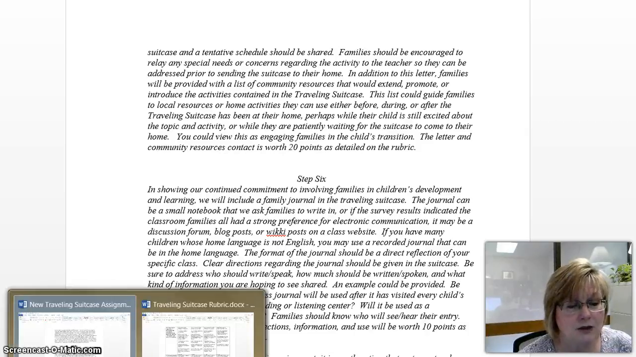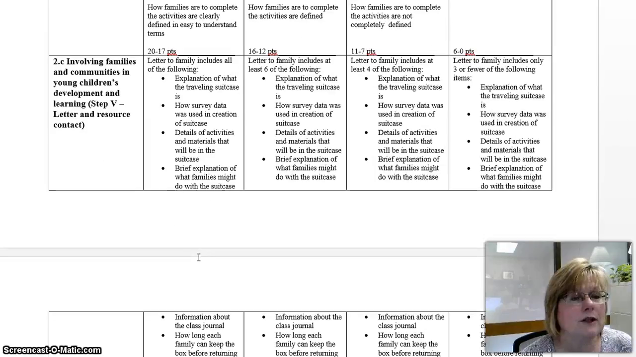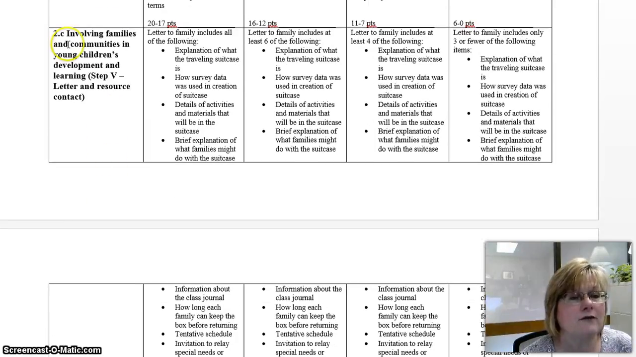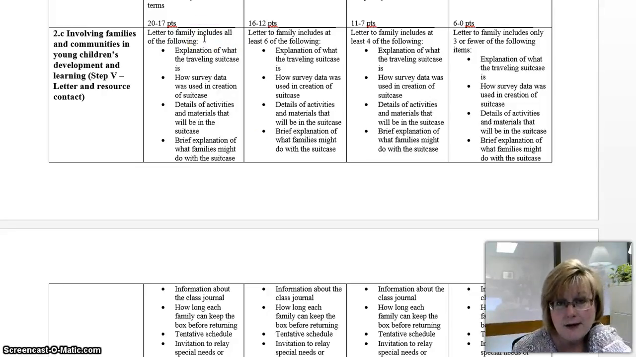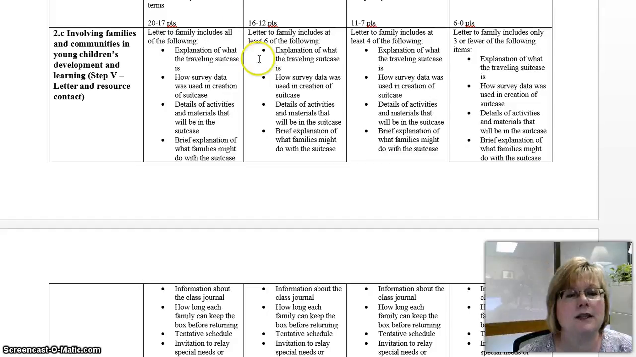So we're going to jump back to the rubric again. And when we look at step 5 right here, NAEYC Standard 2.C, involving families and community in young children's development and learning, you'll see that it spells out exactly what your letter to families must contain. So you'll see it here again. You'll see my mouse going over it right there. It must have an explanation of what the traveling suitcase is, how the survey data was used in creating the